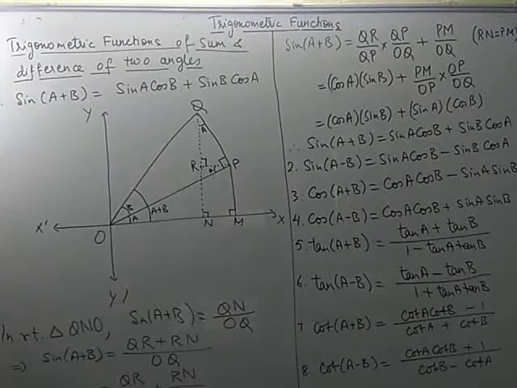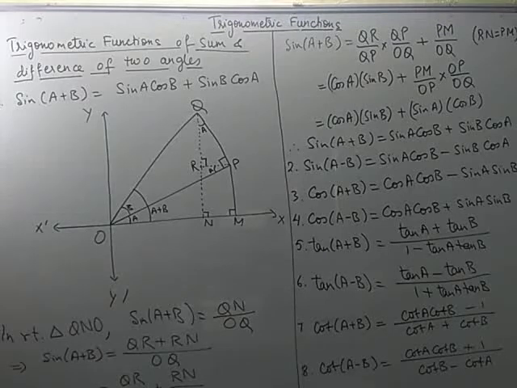Taking one of the very important results from trigonometric functions which I have derived here, and using that, the remaining can also be derived or understood. Okay, so it is about trigonometric functions of sum and difference of two angles. So if you have a trigonometric function of an angle which is the sum of two angles, or which is the difference of two angles, how to obtain that?